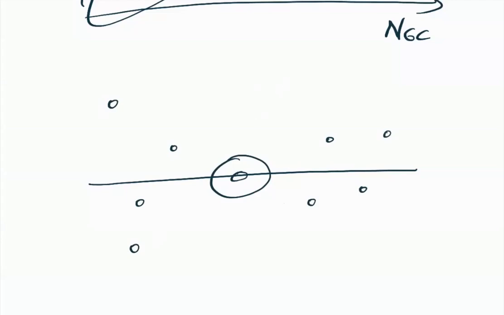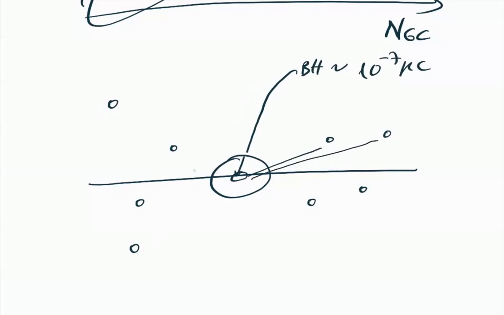Remember, the black hole is a small, tiny thing over there, like a small dust speck, with a size of 10 to the -7 parsecs. And at very long distances from the galactic center, at tens of kiloparsecs, 30, 40, 50 kiloparsecs,